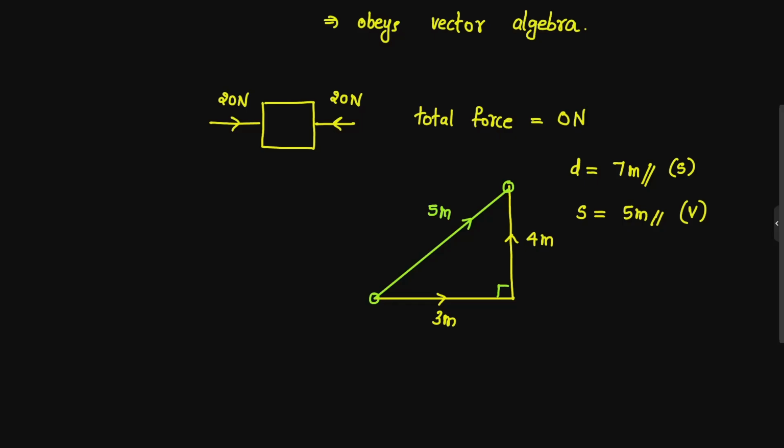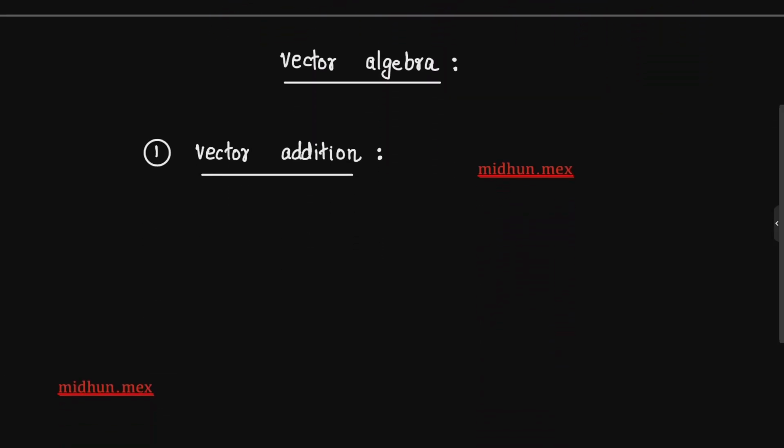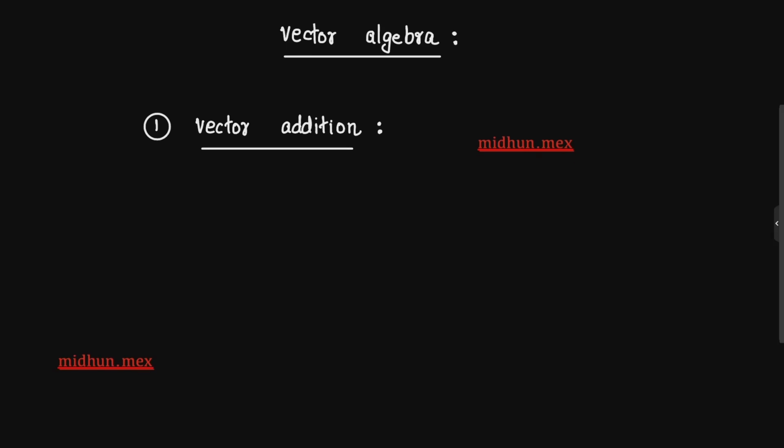So now let us study vector algebra so that majority of problems in physics will be going to get vanished. So let us study vector algebra. Vector algebra, there are so many operations are there. Vector addition, vector subtraction, vector multiplication. But most commonly we only need vector addition mostly. So first we will study vector addition, how we can approach it. How will you add two vectors? If you want to add two vectors, fundamentally we have two methods.